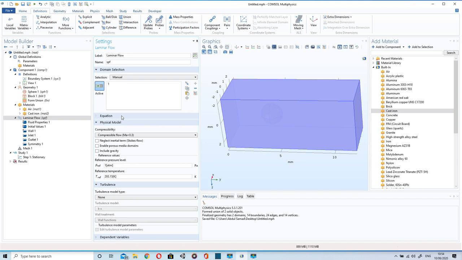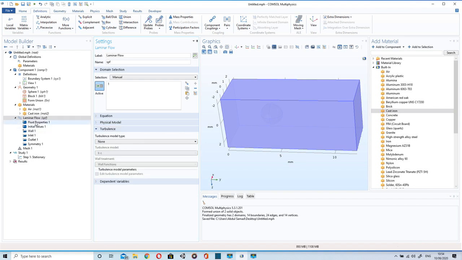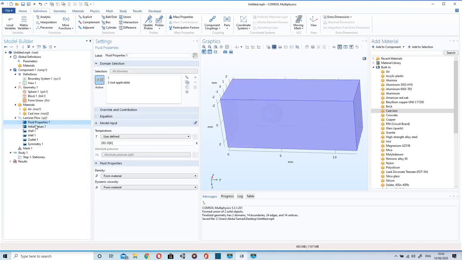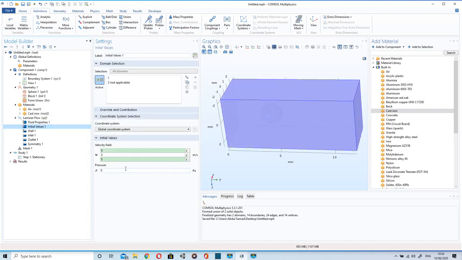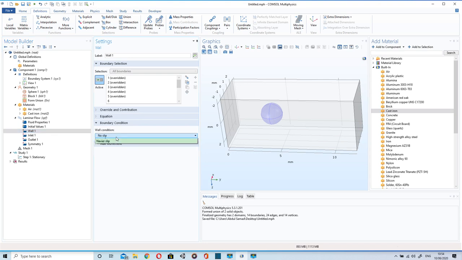So we'll keep rest of it as it is. Initial values are 0. Velocity and pressure are 0. At wall you can assign slip condition, but in this case I will keep non-slip.